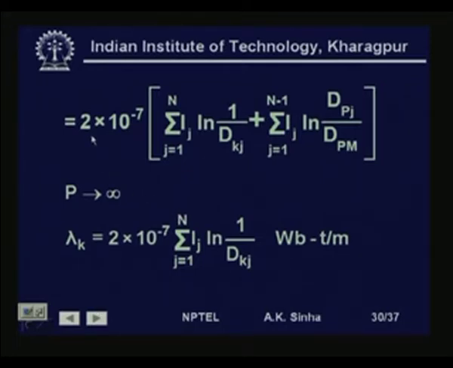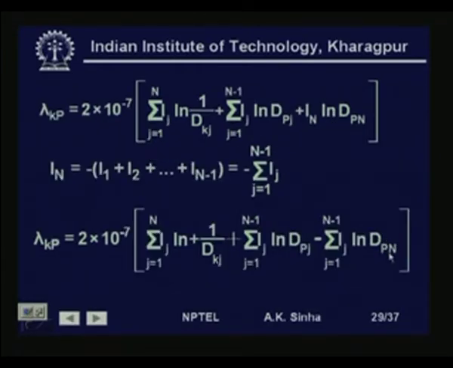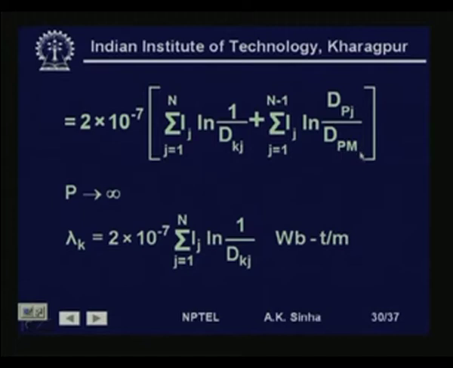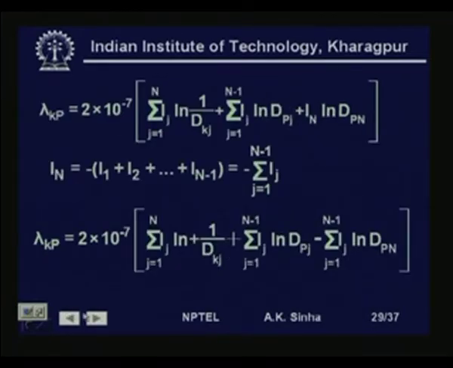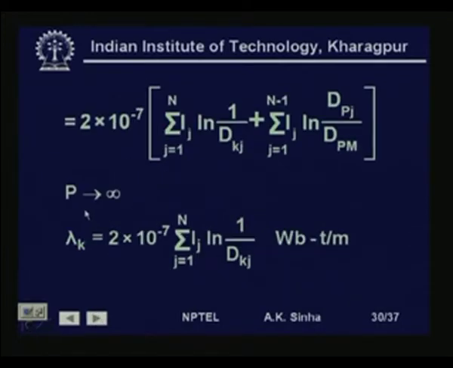which can be written as 2 into 10 to the power minus 7 sigma I j, j is equal to 1 to n log n 1 by d k j plus sigma I j log n d p j by d p n. This d p n term is coming. Now, if we